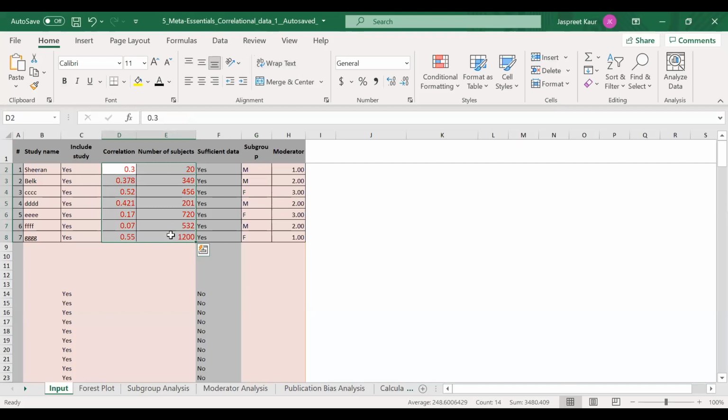But because my 7 papers were on urge to buy, I have cut, copied, and pasted the 2 columns from there to over here. This is all you have to do. Rest everything the Excel macro will do. And then you have to enjoy the show.